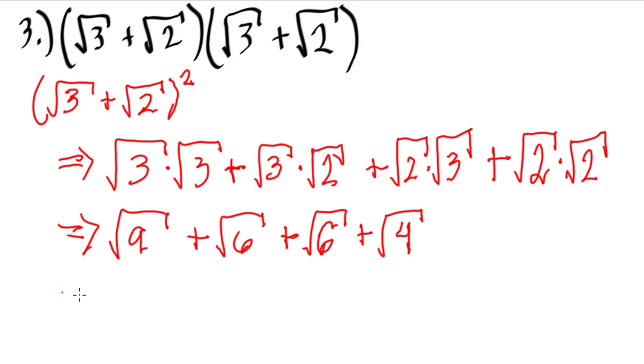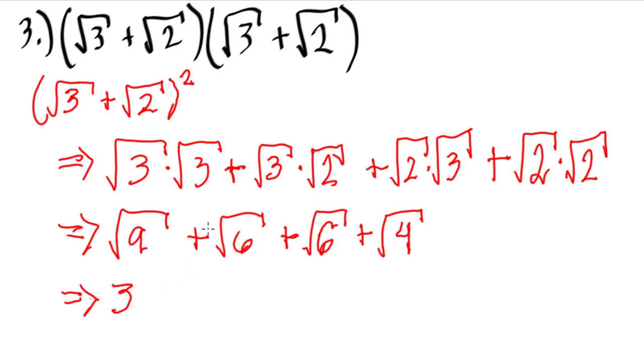Now we can extract the square root of 9 and square root of 4, since we know that square root of 9 is equal to 3. And we have here square root of 6 plus square root of 6. So going back to our laws in addition and subtraction of radicals, we can combine similar terms provided that their radicands are the same. Since they have the same index and the same radicand,